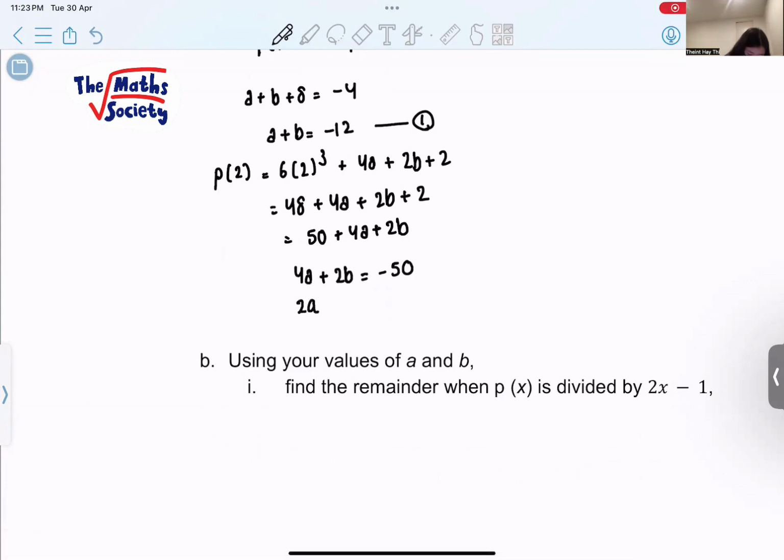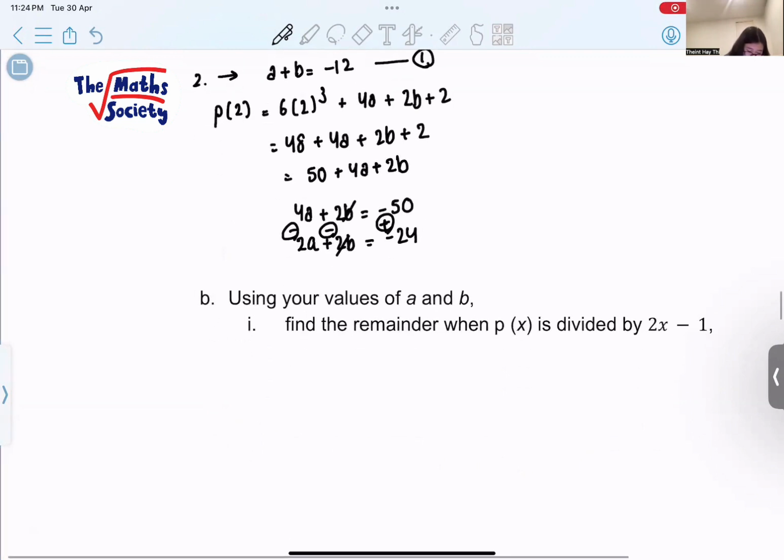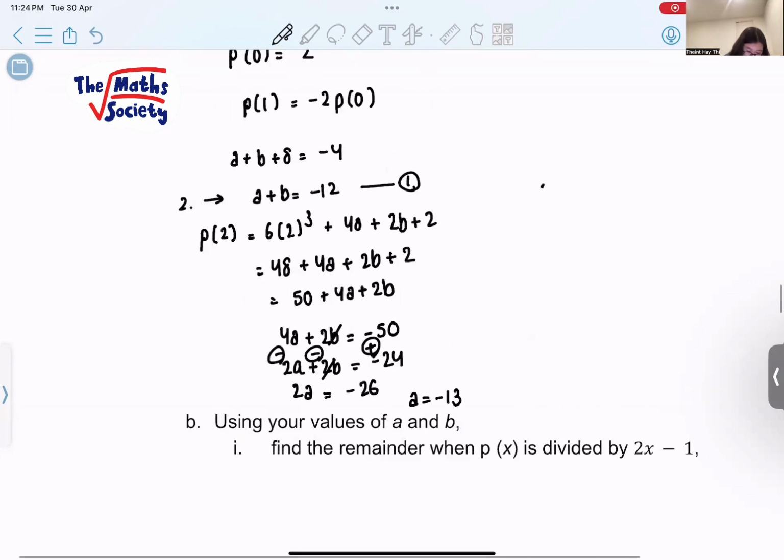And then 2a plus 2b equals to minus 24, because you multiply it by 2 for this, because you have to do like 2 2. So then you have minus minus minus 1, and then you have minus 2a equals to minus 26. So a is going to equal to minus 13, and we know that